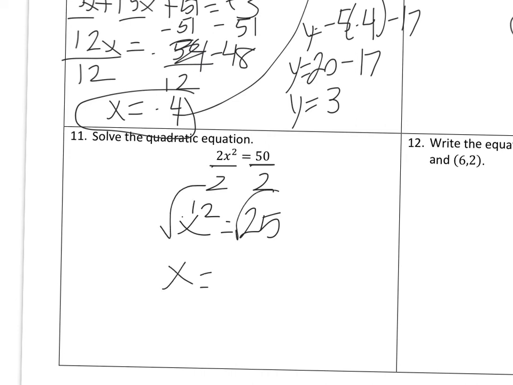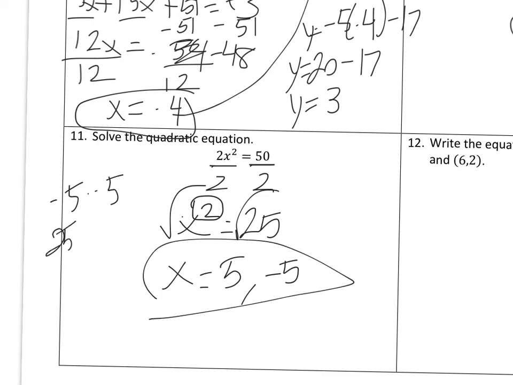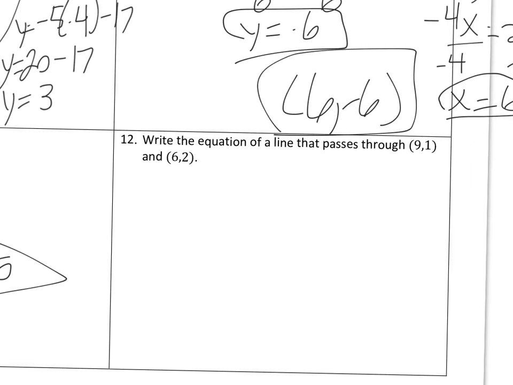There are 2 solutions. This degree says 2, so there are 2 solutions that could multiply to give me 25. It could be a positive 5, 5 times 5 is 25, or it could be negative 5, because remember, a negative 5 times a negative 5, the negative simplified to positive, and we still get that 25. So 2 solutions here. The last one, write the equation of line that passes through this, 9, 1 and 6,